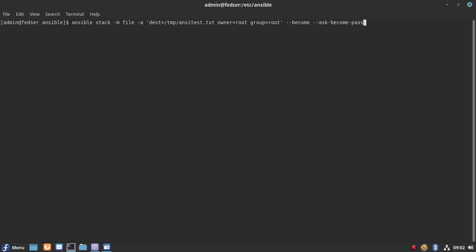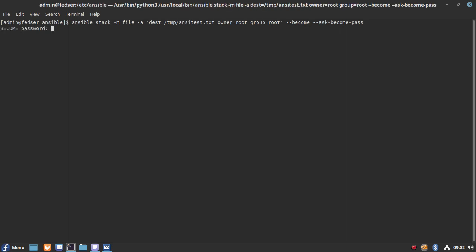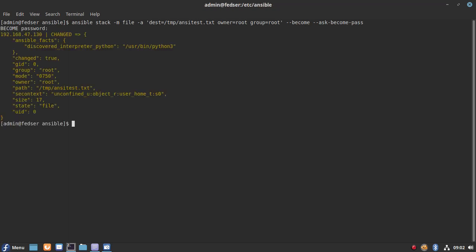So for that root user, we need to pass on the password which is required. So let me execute this one. Okay, so now what we have done is we have changed the ownership of the file to root by using the escalated permissions of the root user.